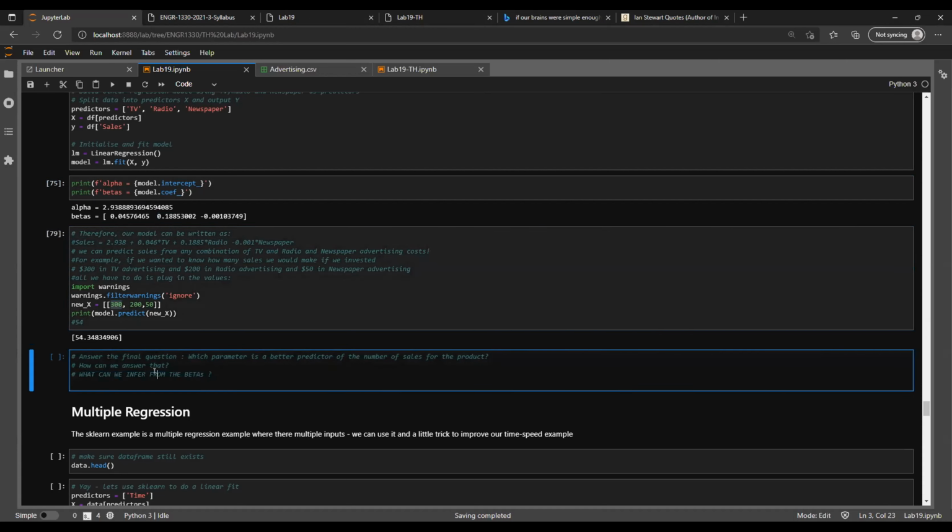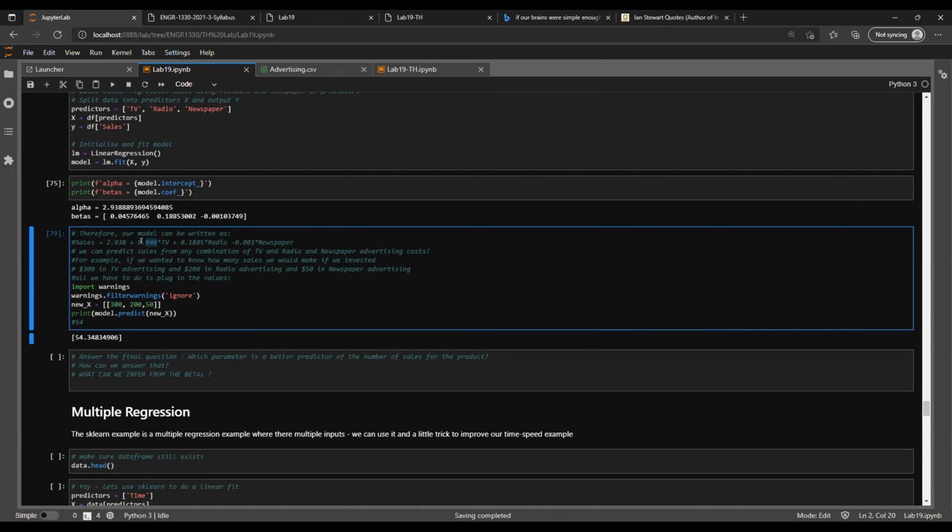So what can we infer from the betas? We can infer that the change in output for sales, given changing of the input, one or more, is influenced by the coefficient in front, which is the beta. And you can infer a lot more, but